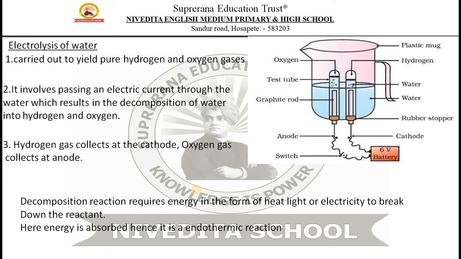We discussed so many reactions. Calcium carbonate or limestone breaks down into quicklime and carbon dioxide; we needed heat. Then silver chloride in the presence of sunlight, meaning light energy, decomposes to silver and chlorine. And finally, for electrolysis of water, we need electricity. So a decomposition reaction requires energy. It means that in order to occur, it absorbs heat. That's why decomposition reactions are endothermic reactions.